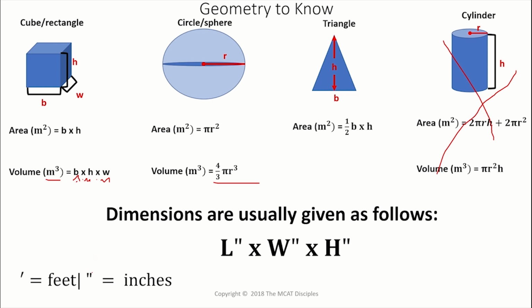The apostrophe, the double apostrophe, just mean that there's inches, and then one apostrophe means feet. You don't have to be able to convert from feet and inches to meters. In the MCAT, you'll probably get centimeters or meters or millimeters, but you won't get feet or inches because that's not SI units. And again, it's arbitrary what you call what sometimes. Like for a cube, there is no length, width, and height because all the sides are the same length.